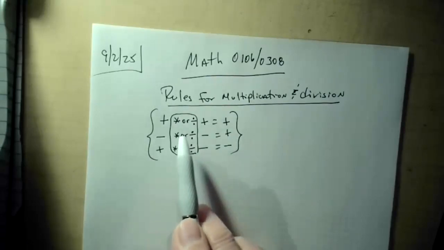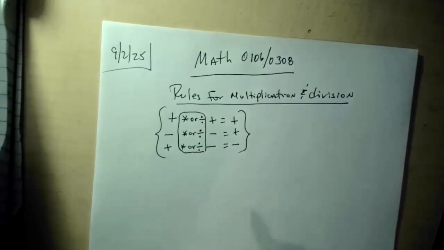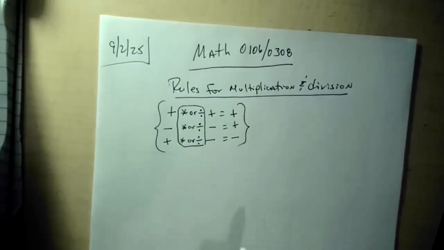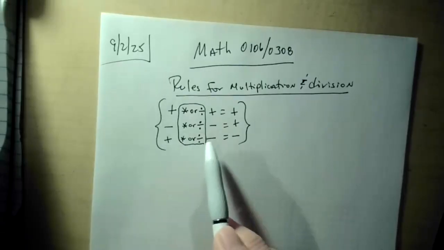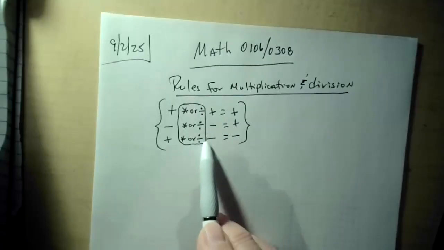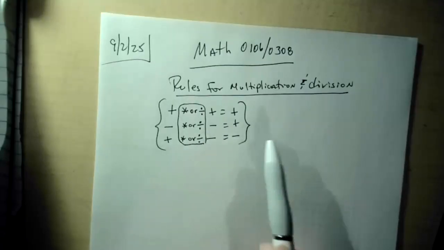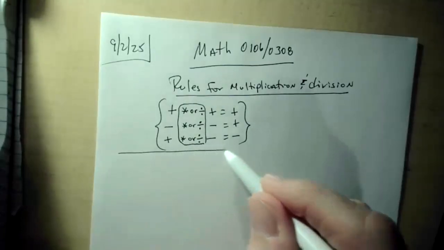Negative 10 divided by negative 5 is also a positive 2. And if you're not sure, put it in your calculator and it will do it for you. Now, if the signs are different and you're multiplying or dividing, the answer is going to be negative. Okay, very important. You're going to use this